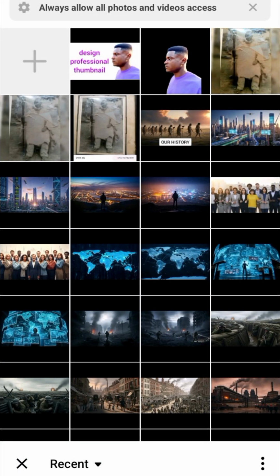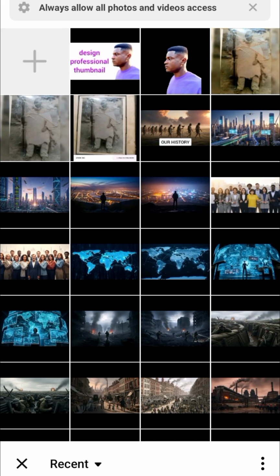And when you click on where we are having canvas, you're going to see the frames again. So you click 16:9, and you click on the mark. So it is going to be like this, and you go to where we are having PIP. You click on PIP, and all the images that you have imported to InShot